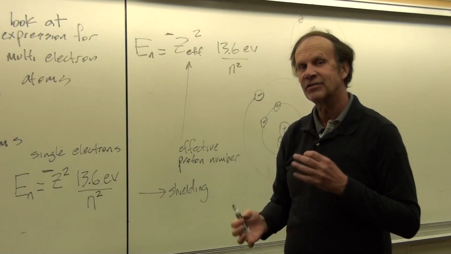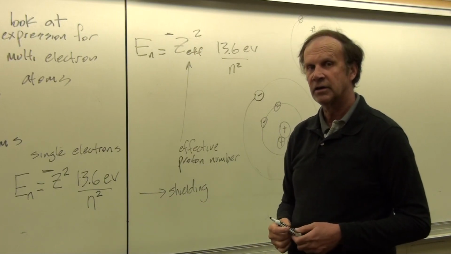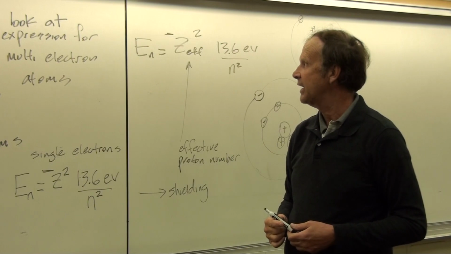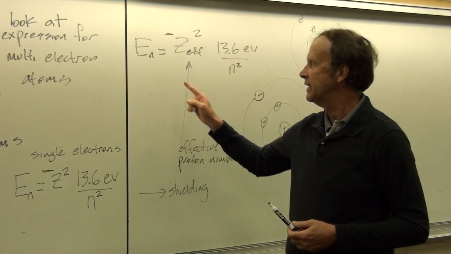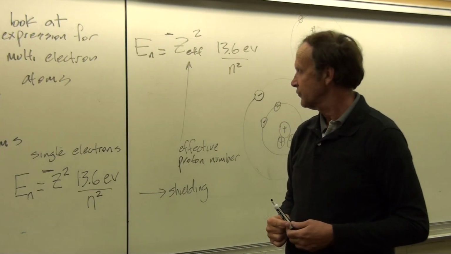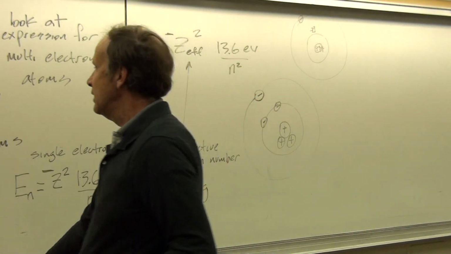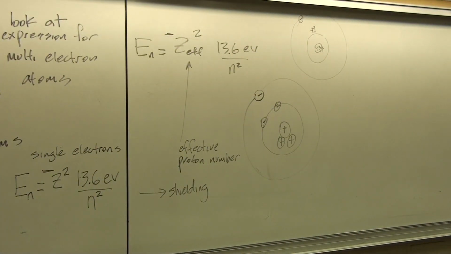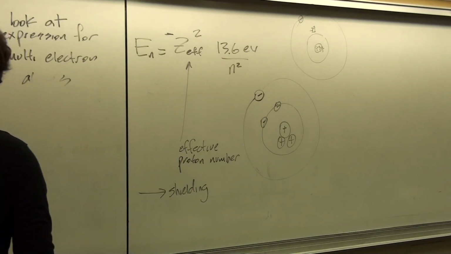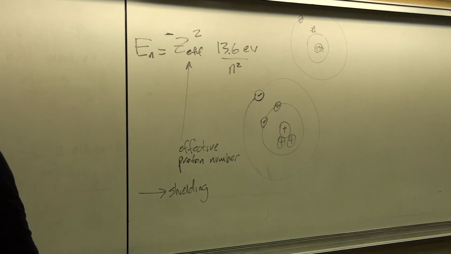And so this is the reason why the energy levels get shifted and the Bohr atom is no longer the way to go with heavier atoms in order to get an expression for the energy level. Okay? And with that idea in mind, we can look at some of the properties of elements on the periodic table as a function of their n value.